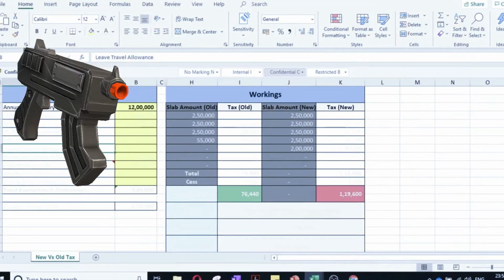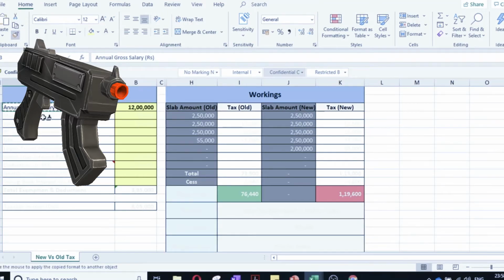So next is, suppose somebody's salary is 12 lakhs per month. How is tax calculated? There are two types. One is the old tax regime and the new one. From last year onwards, people can file in the old format as well as the new format, but which is beneficial, you can compare here. I am going to just hide it. So somebody's salary is 12 lakhs.